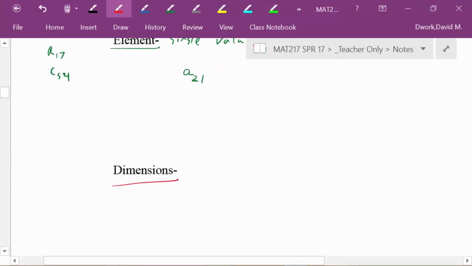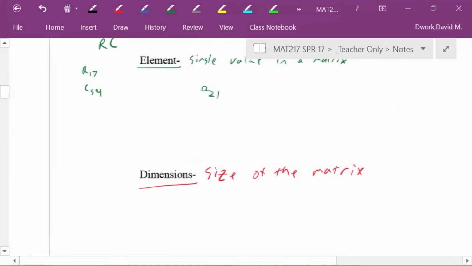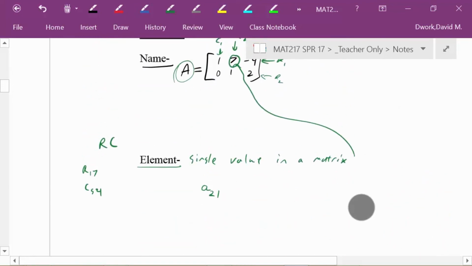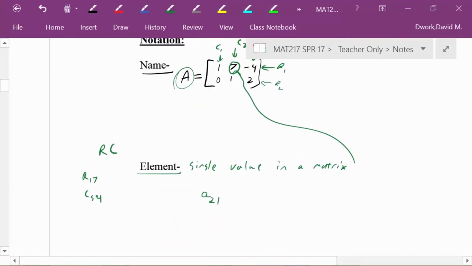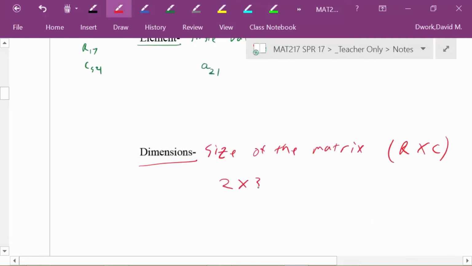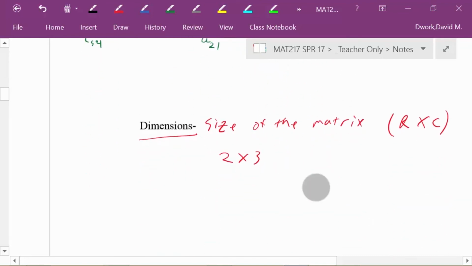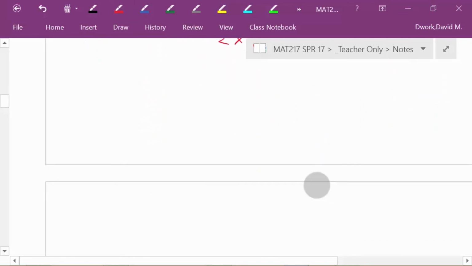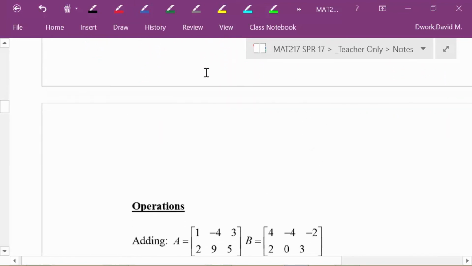Last we need to talk about is dimensions. A dimension is just the size. You could think of it as the size of the matrix. Again, we're just talking about rows and columns, so rows by columns. The matrix from up here had 2 rows and 3 columns, so our dimension would be 2 by 3. That's it. There's not much more to that. All right, in the next video, we will go on to some